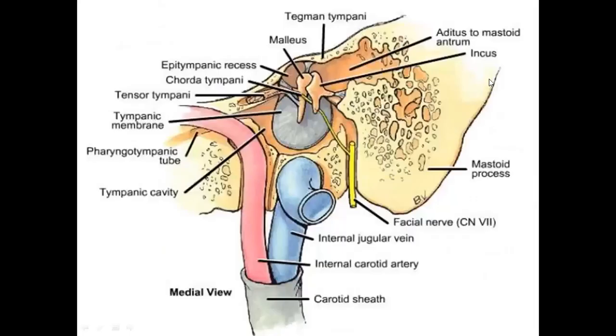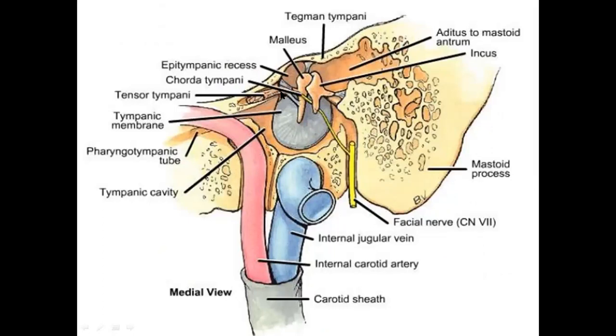Okay, so this is the posterior wall, this is the mastoid antrum, this is the lateral wall which is covered by the tympanic membrane, and this is the anterior wall. This is the thin bone which separates the middle ear cavity from the carotid canal, and this carotid canal contains the internal carotid artery. So this thin bone separates the middle ear cavity from the carotid canal. Otherwise the infection goes towards, or ruptures, the internal carotid artery as well.